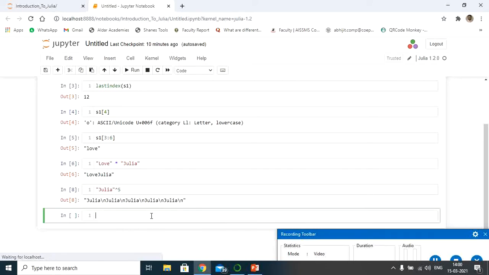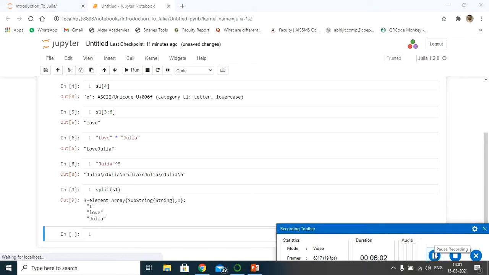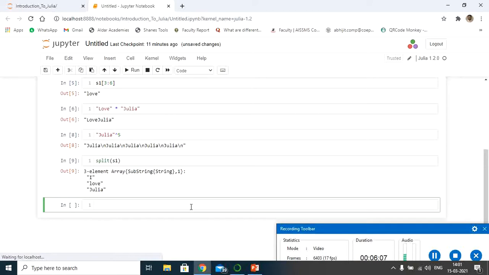Similarly, it is also possible to split the values. To split the values, you can make use of the method called split, call the variable called s1, shift and enter it. So it will try to split the values of the s1 variable. Now you can see here, it has given me all the characters, I love Julia, in separate